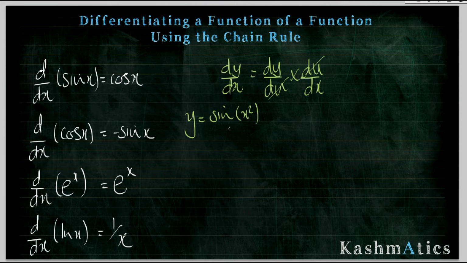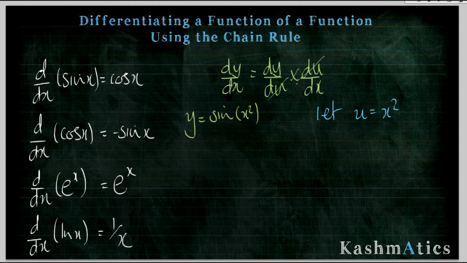Now when it comes to understanding which order we need to apply the chain rule in, you've got to think a little bit like BIDMAS. So x squared is happening first, and then sine. Sine is the last thing that's happening. So the function on the inside is actually your square function. That's the one we're going to replace with u. So if I say let u equal x squared,